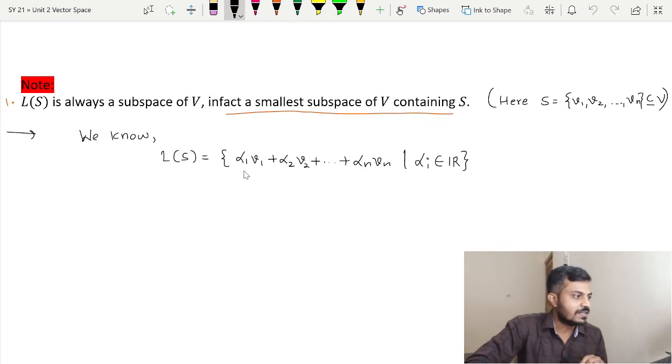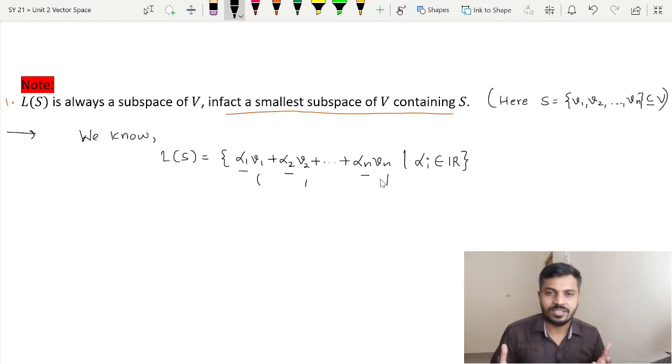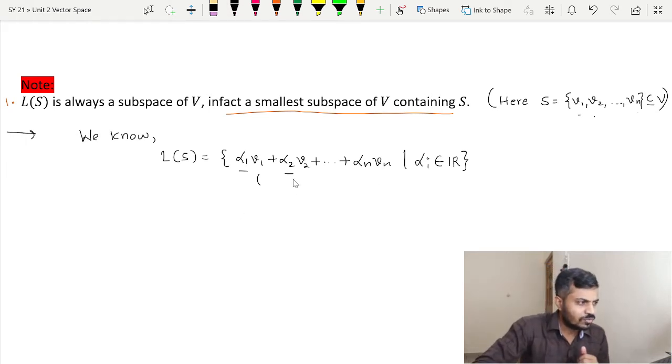And in order to show that we always try for the zero vector. Since alpha 1, alpha 2, alpha n are all scalars, when will the zero vector go and sit in this L of S? If we are able to write the zero vector as a linear combination of v1, v2 and vn, because L of S contains all finite linear combinations of these vectors v1, v2 up to vn. Whether 0 is a linear combination of those n vectors or not, this is the question. If that happens, then we can say that 0 belongs to L of S, and actually we can do that.